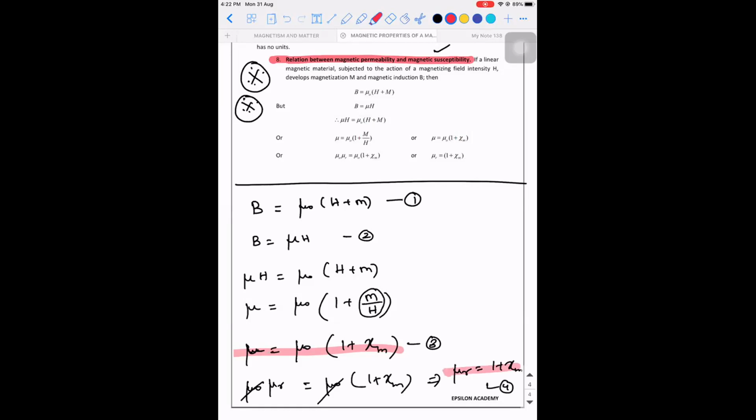These two expressions are very important because most of the years I have at least seen a question which is based on this. At least there will definitely be a 1 mark question where you will have to apply either the third equation or the fourth equation, and you can easily score it. So I suggest you make a note of it.